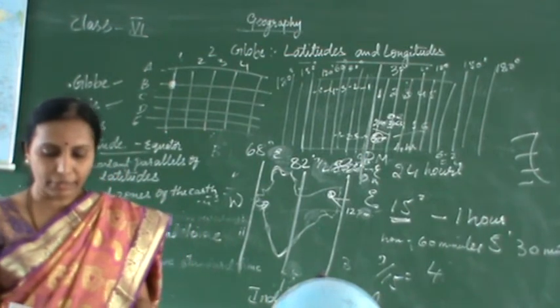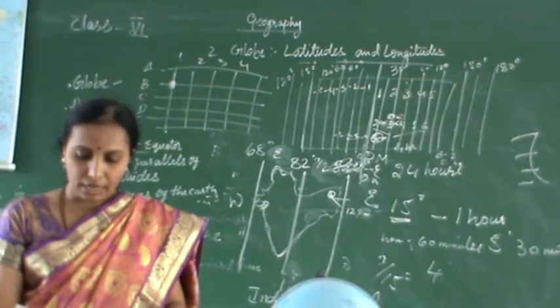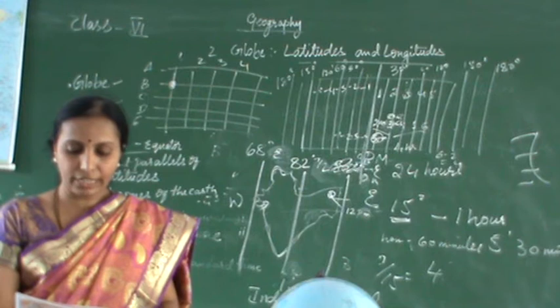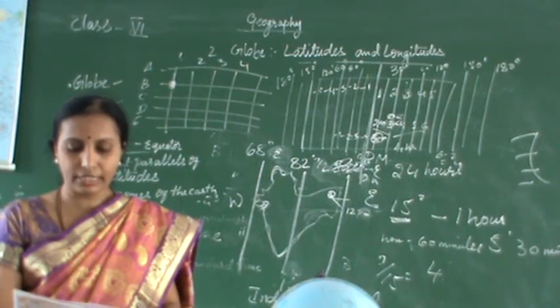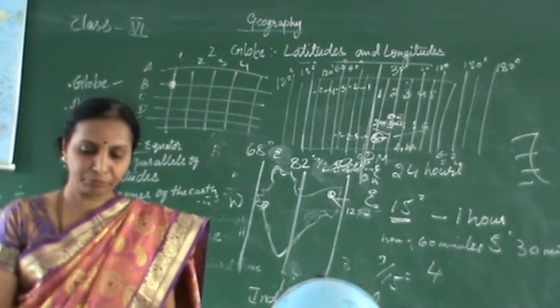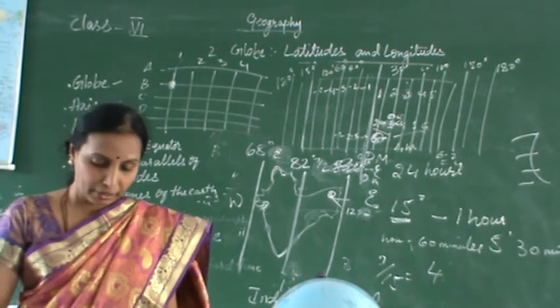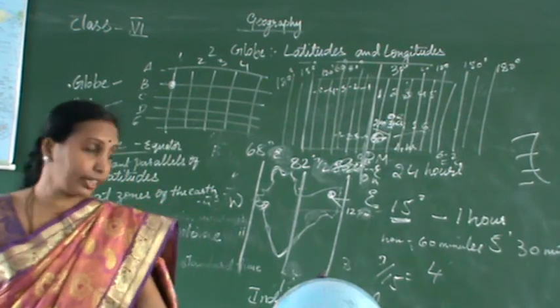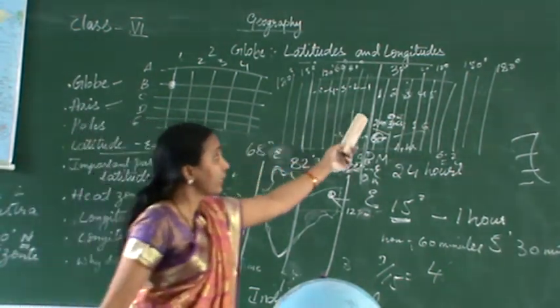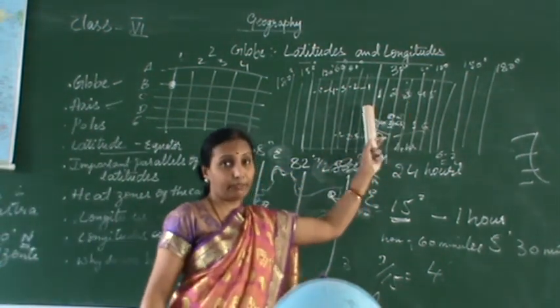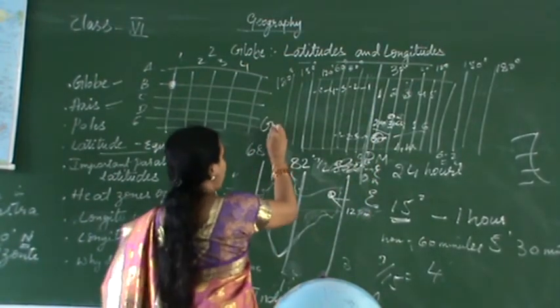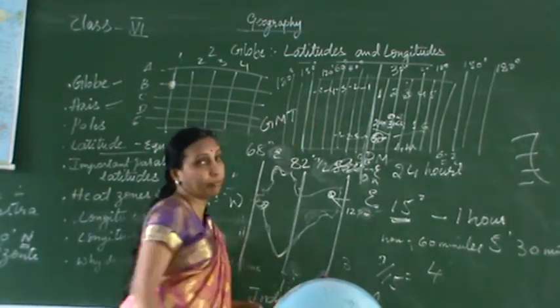The local time at this meridian is taken as the standard time for the whole country. It is known as Indian Standard Time, and India is ahead by 5 hours 30 minutes. India is located on the east side of Greenwich. It is called GMT, Greenwich Mean